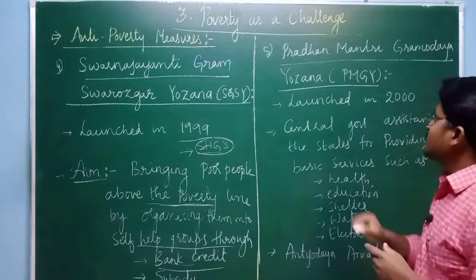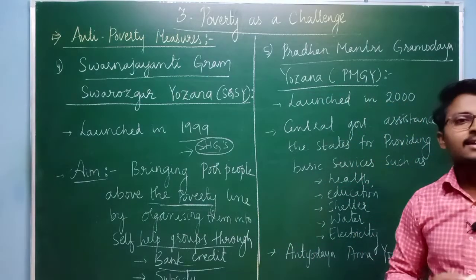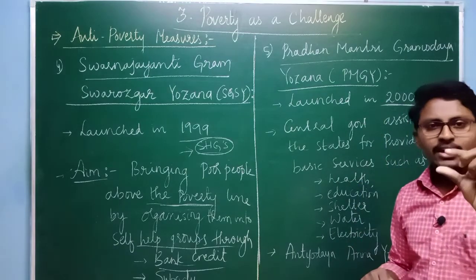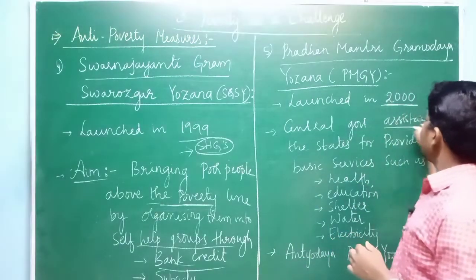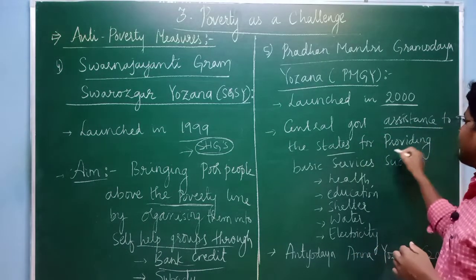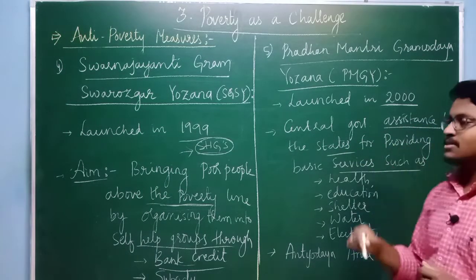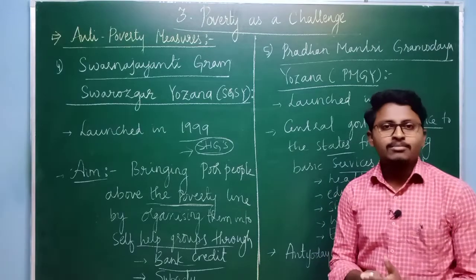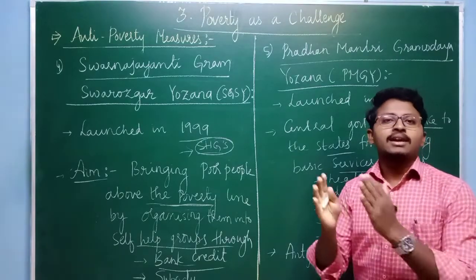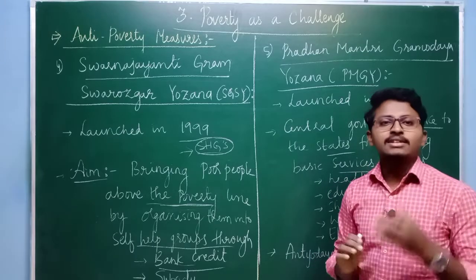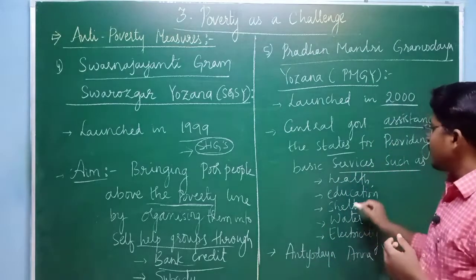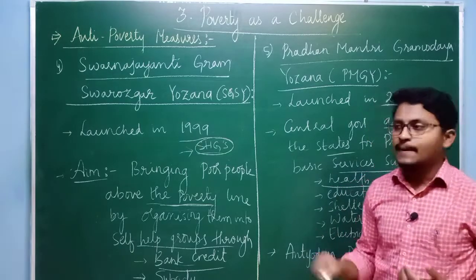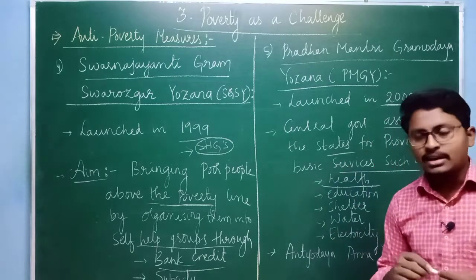In short, we also call it PMGY, and this scheme was launched in the year 2000. The main aim of this scheme is that the central government will provide support to the states for providing basic services. That means the central government is guiding all the state governments in assisting some of the basic needs of the poor people, such as health facilities, or primary health,